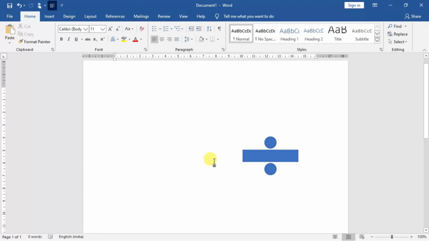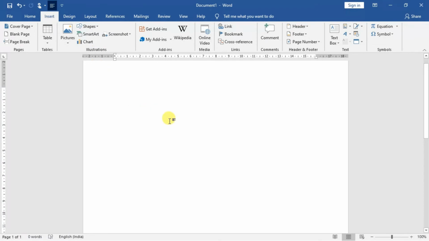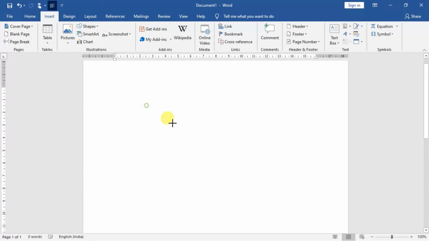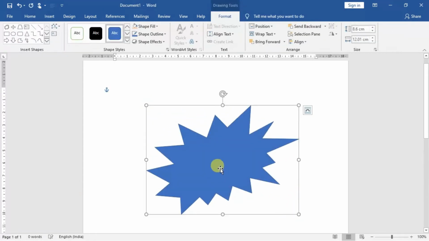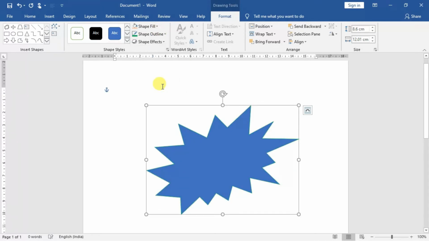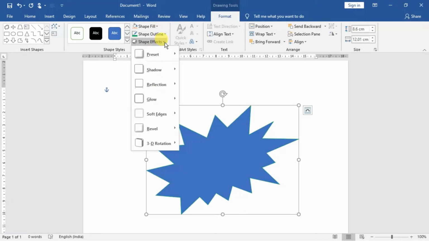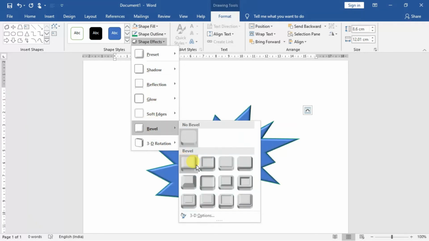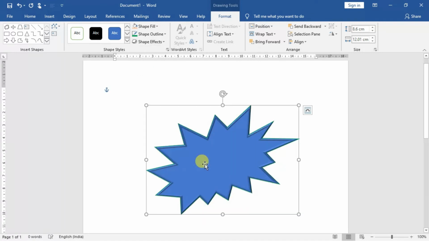I'm showing you one more thing here, which is very important. Sometimes, whenever you want to make your document a little bit attractive, shapes and banners are also available. You can see one like this, I will take this one. So what could you do? Shape outline you can change from here, whatever outline you want, you can give it. From Shape Effects you can give reflection, glow, soft edge, bevel, anything can be chosen. Suppose I want this kind of shape, so it will be like this.